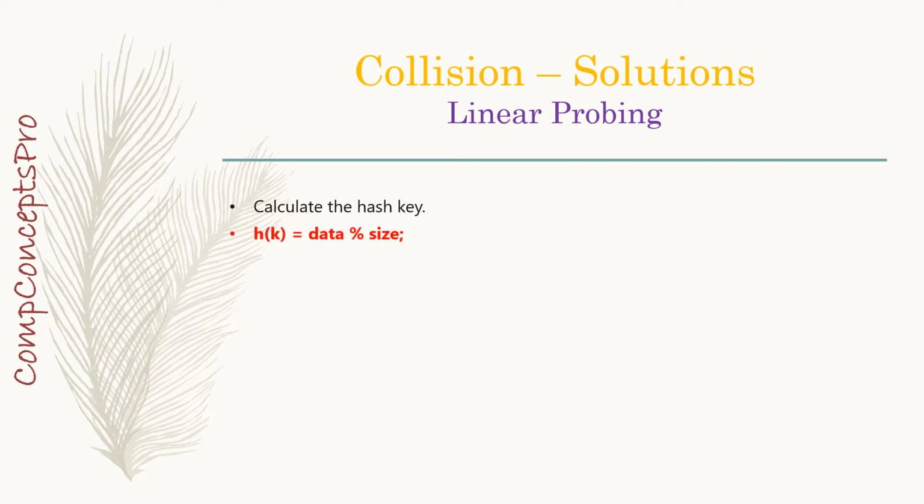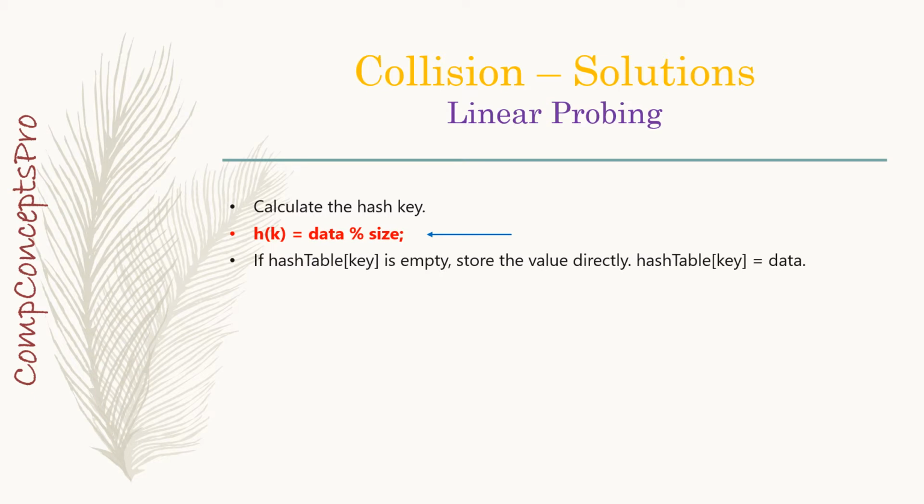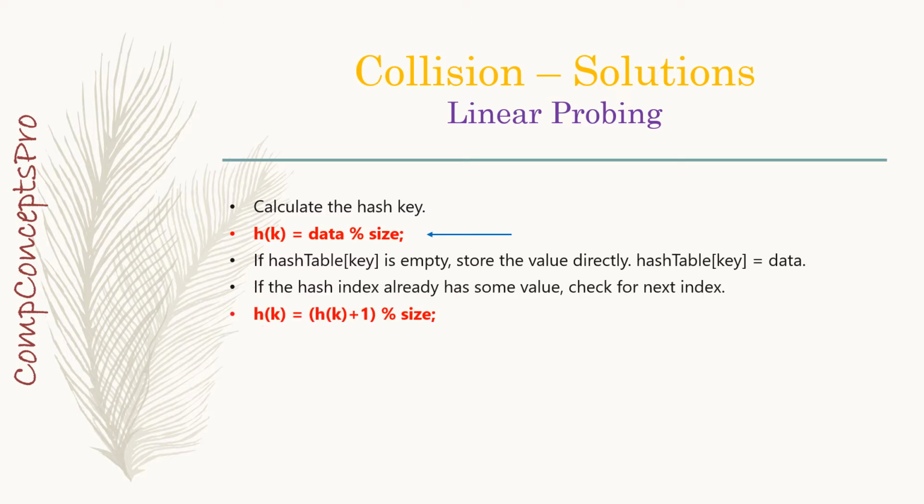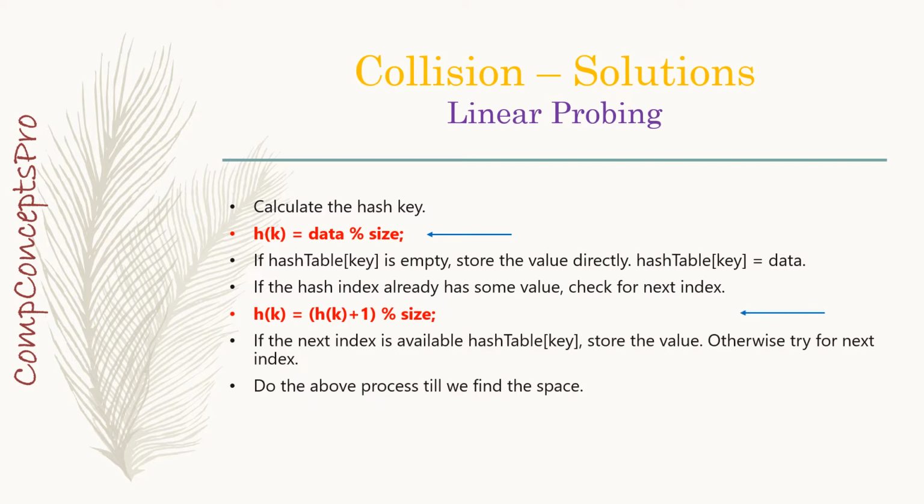To begin with, we'll first find out the hash key, that means the index position in our hash table where we have to store our data, by using the division method. Then, if there are empty buckets available, we'll store the key values at their respective index positions. But if there is a collision, then we'll try to store the key value at the next available index position. And if there is a collision again, reapply the above formula to find out the available empty slot and then store the value.